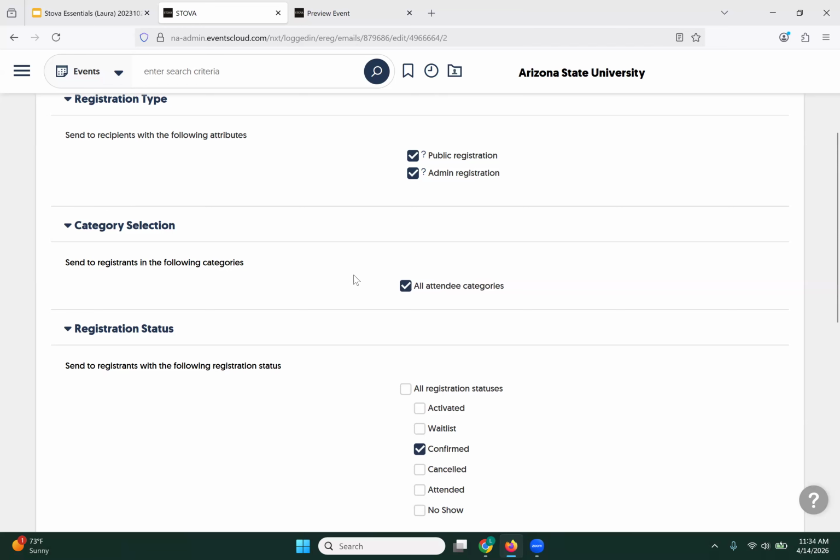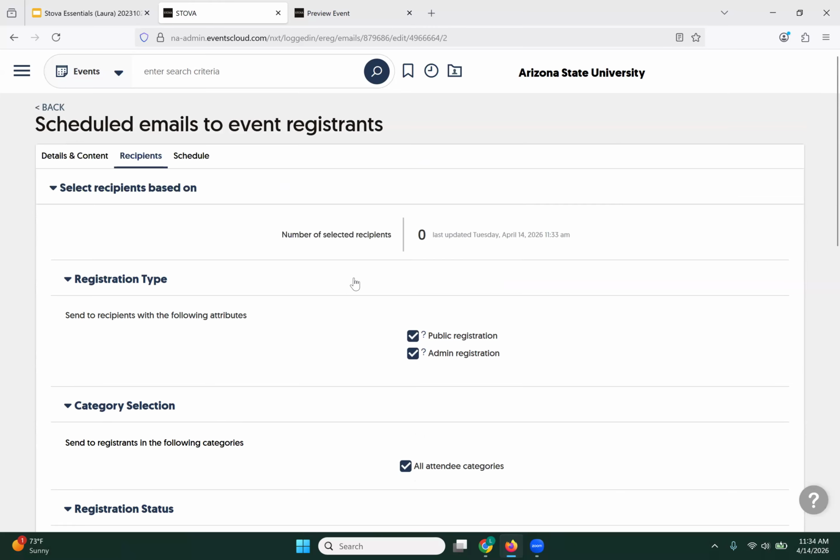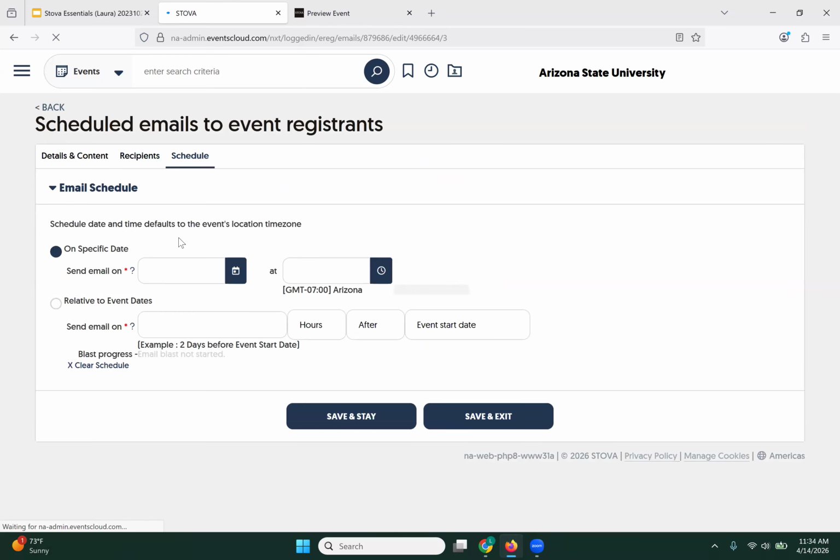You could send this reminder to everybody and then send a second reminder to those other people who answered the question or people who are only going to that private meet and greet. Okay. Once you make those decisions about who's getting this, you can schedule it. Scheduling is very easy. You can either select a specific date or you can do it relative to the event. I'm going to select relative, and it's going to be 2 days or 1 day or 8 hours before the event. Okay. You could also send a post-event email and schedule it for 2 days after the event that says,